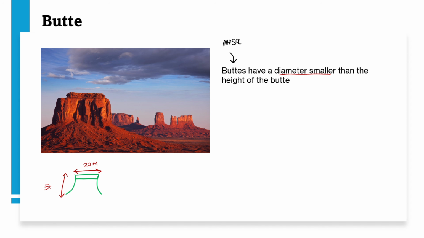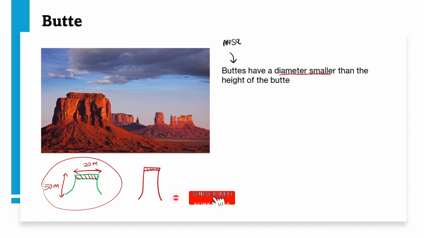Let's say here the height is 50 meters. So now you can see that when we compare this, that's the difference. You must be able to notice here that a butte has a larger height than the diameter or the top part, but still the top part remains with more resistant rock. Please keep in mind that the top part has resistant rock and the lower layers have less resistant rocks. So basically, the mesa, through scarp retreat, becomes a butte.